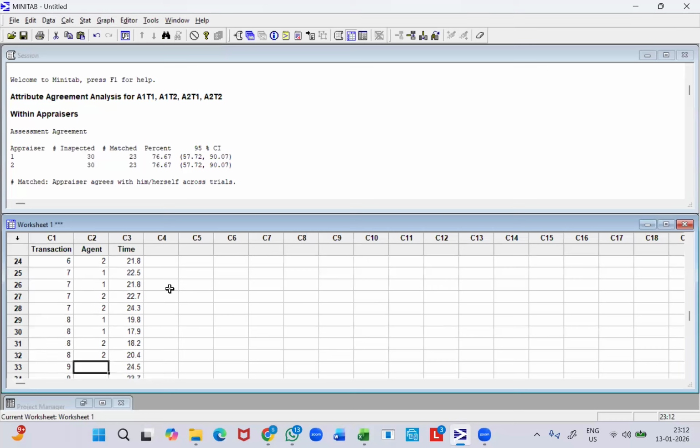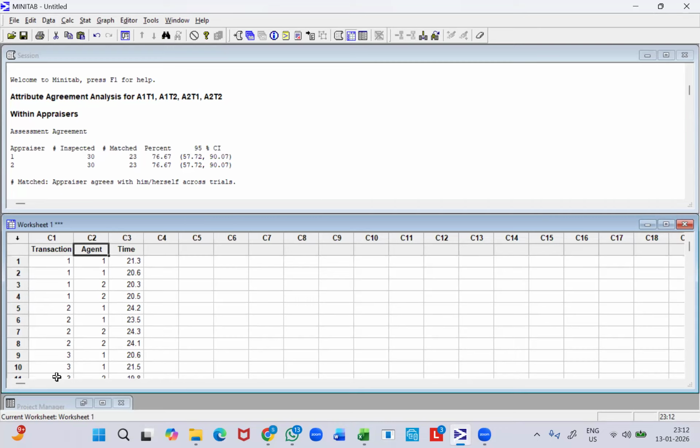Ninth transaction, the final one, 10th transaction. So I filled in all 40 rows for all these 3 columns, right? So the data is ready for analysis. So for continuous data measurement system analysis, in order to obtain the overall gauge R&R variation percentage and also the